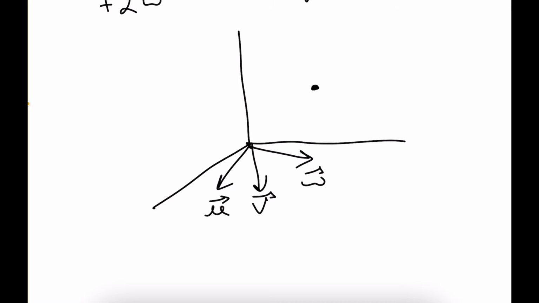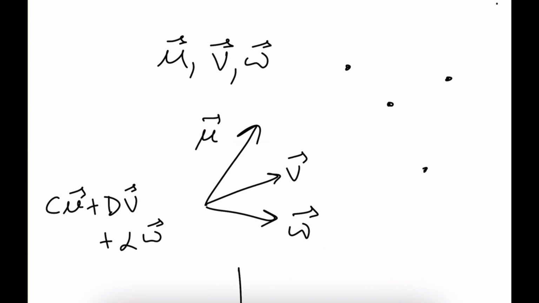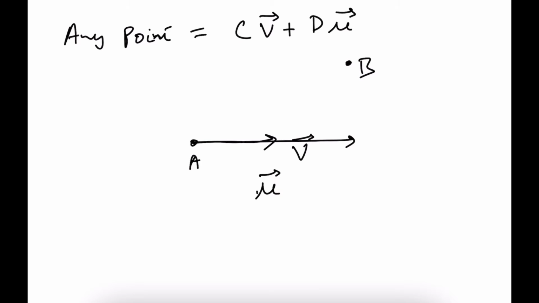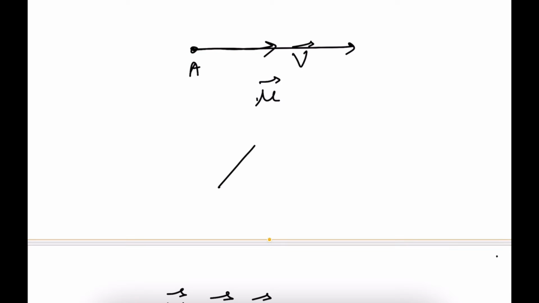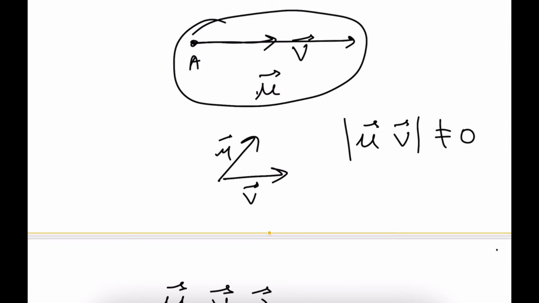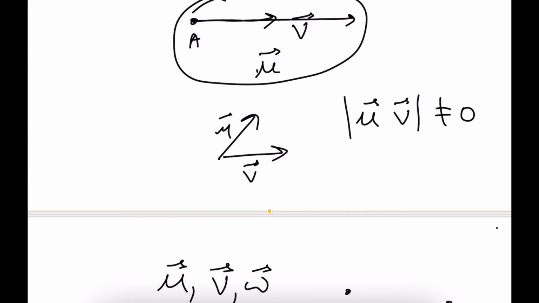So the conclusion we draw from this is, in the case of 2D, if the determinant of u and v, remember the determinant of two vectors gave us the area between them, right? So as long as there is any area between u and v, we can reach any point on the plane. But if the area between them becomes zero, that is what happened here, then it's not necessary that we can reach every point. So determinant of u and v, if it's not zero, we can reach any point. If it's zero, then it's not necessary. For now, we'll dive into that a bit deeper later.